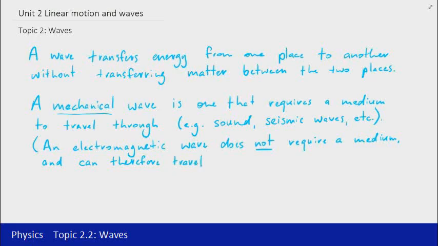Now, really quickly, when we're dealing with electromagnetic waves, we're actually dealing with electric and magnetic fields. That's a little bit above the scope at the moment, so we won't really deal with it quite yet. We'll talk a little bit more about it later. An obvious example there, though, is light. We get light from the sun. There's a vacuum between the sun and Earth, so we can have light travelling through the vacuum of space. Okay, so there's a couple of classifications.